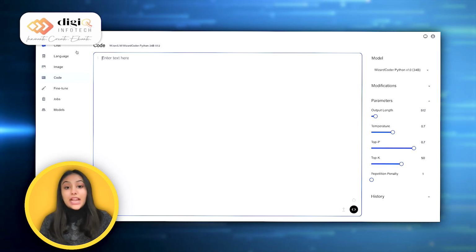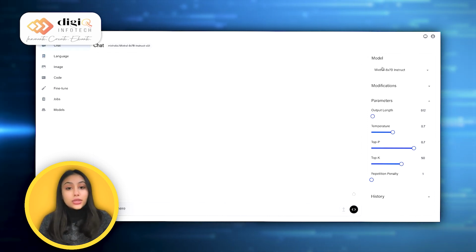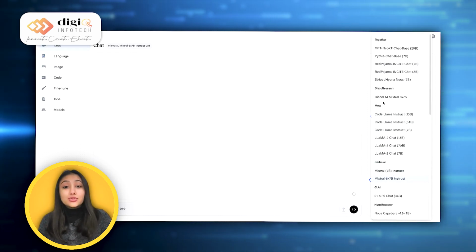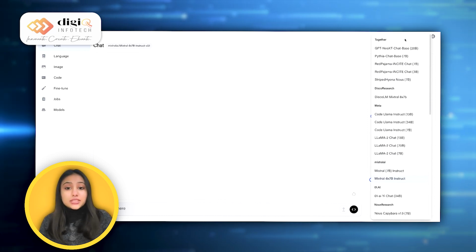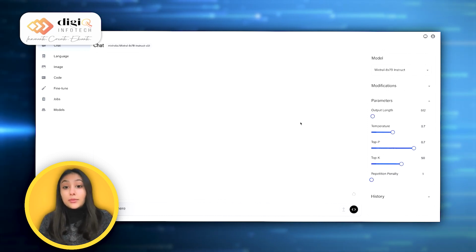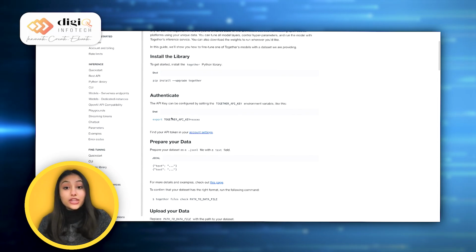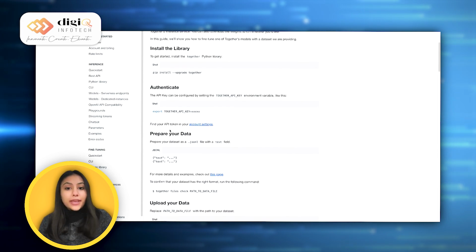It's a really great platform, and the thing that really stands out to me on this platform is how easy it is to fine tune a model. It's incredibly simple. Within about 5 or 6 steps, you'll be able to get fine tuning your own model. Essentially you can just go through these steps: install the Together library, get your API key from the platform, prepare your data.